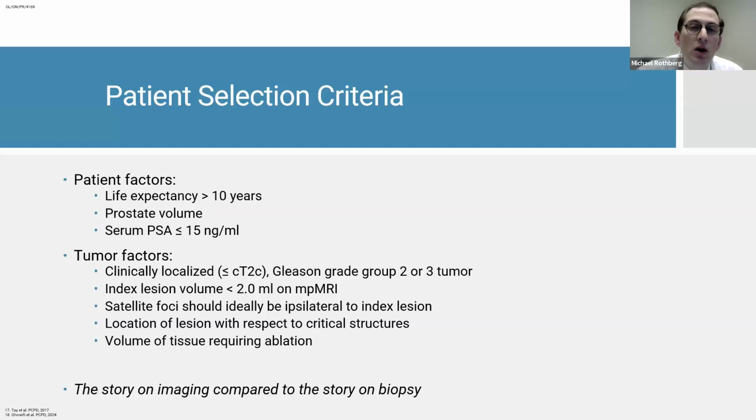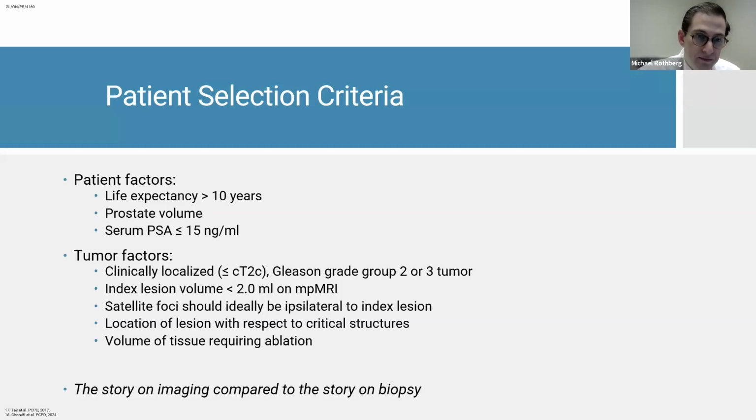critical structures. And so what I'll often describe to patients when I see them in clinic and they're interested in focal therapy is we talk about the story that their imaging describes, where we would expect cancer to be present and where we would expect it not to be present based on presence of MR visible lesions. And then the story that their biopsy pathology describes, essentially where cancer is or is not located on MR fusion targeted biopsy. And these good candidates for focal therapy are going to have similar stories being told on their imaging